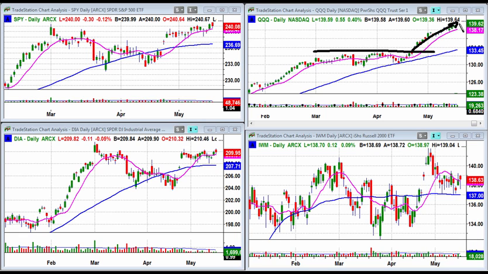If the Qs continue to go, that's fine. I'm not going to try and pick a top. But what would be more encouraging would be if either the SPYs or the IWMs pick up the ball and run with it. Now, it's not that I don't like the Dow, but if the Dow, 30 stocks, is what is leading the market higher, it doesn't lend a lot of confidence to me. So it's better if the Dow participates, but I'm not going to look for it to be the leader.